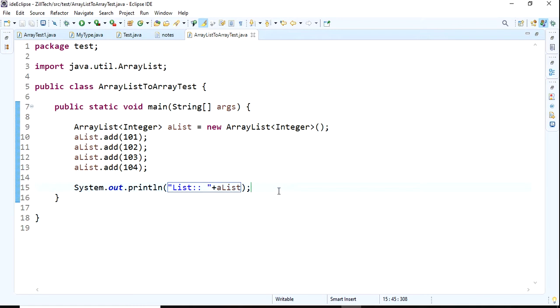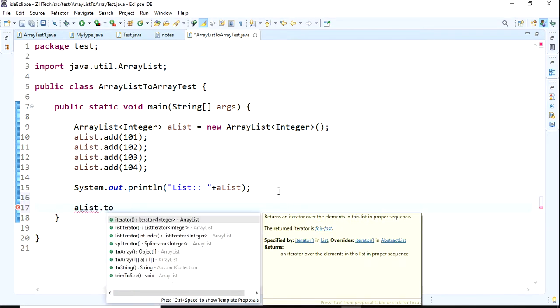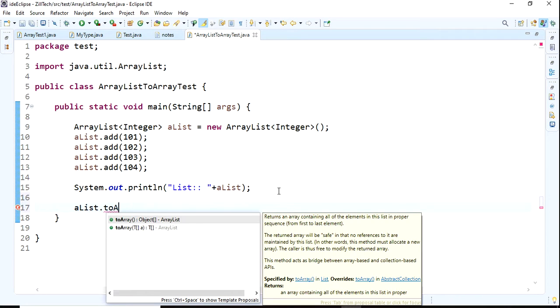This I want to convert to an array. So this list I want to convert to an array. To convert it, we have one method: list.toArray. See, toArray.